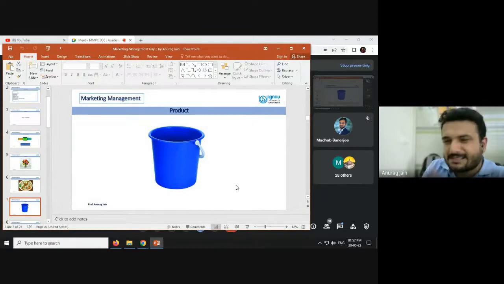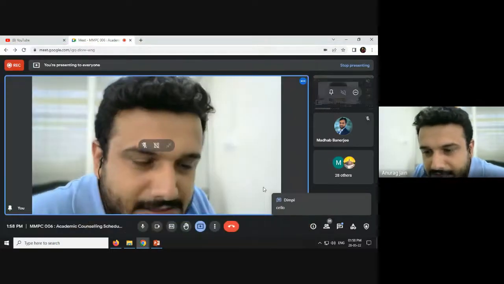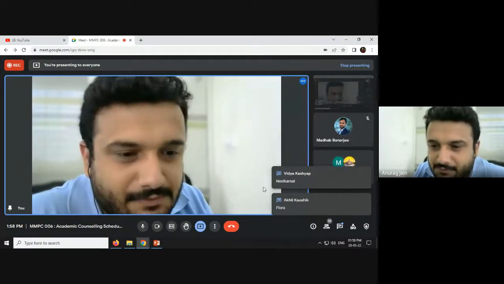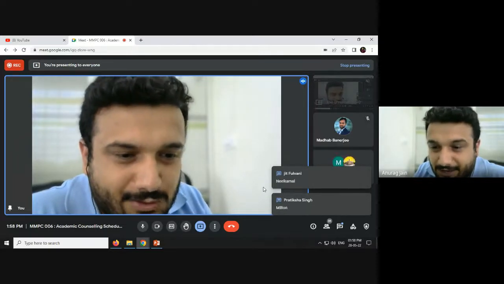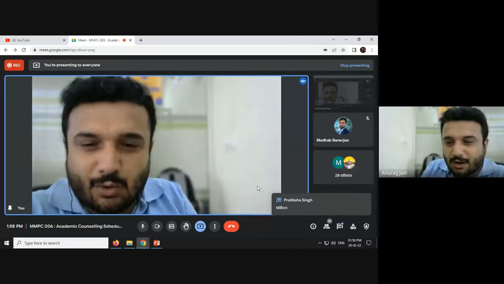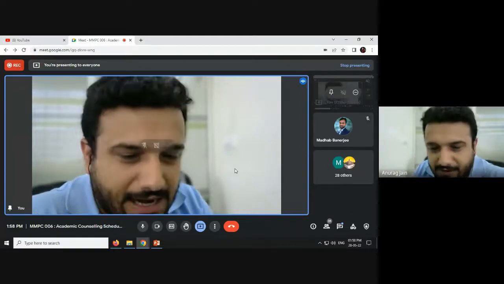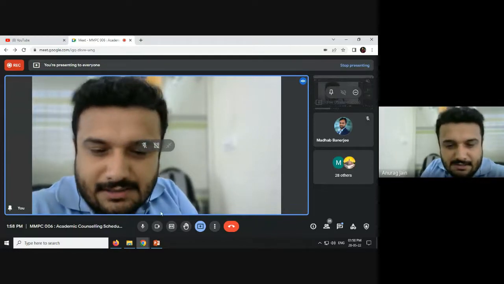Now this bucket you are seeing here, now tell me some of the companies which manufacture or market buckets. Cello, Nilkamal, Flora, maybe Milton. Some names I'm also getting. Yeah, Pratiksha is also telling the same names. And there are some local manufacturers as well, Nakoda, and some random names which are coming to my mind. One is Nissan Plastic. I have heard these names, right?